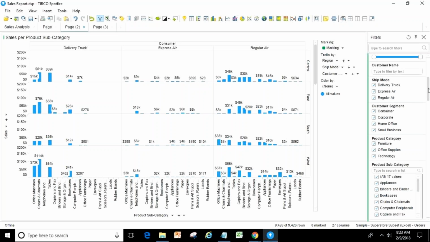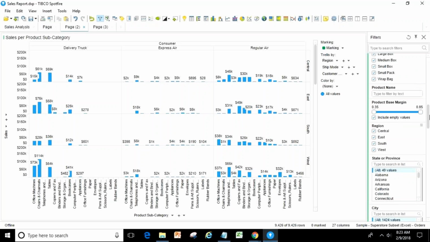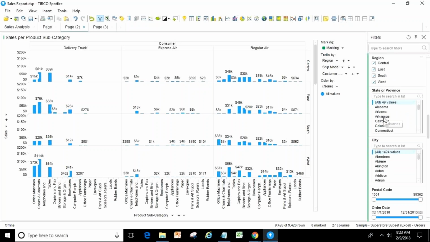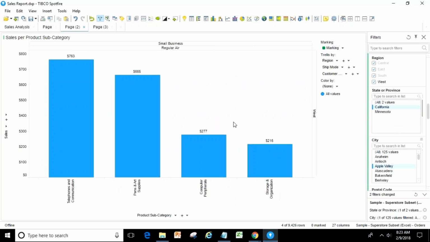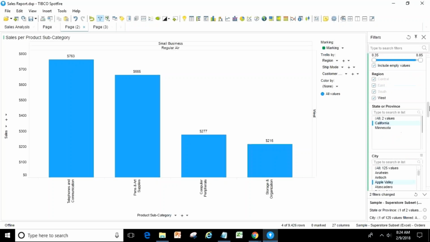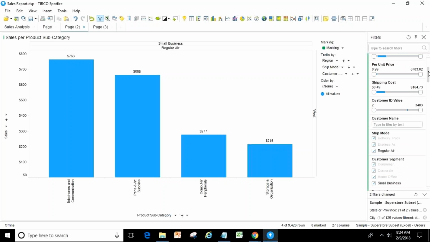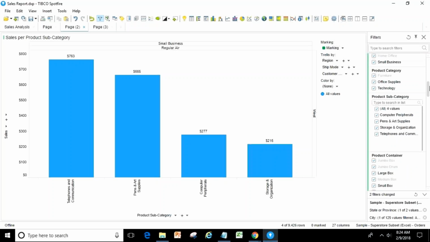Now, how to read it easily? In that case, I'll start applying the filters. Till now we have not applied filters. I just want to see data only for, let's say, California. So this is for California. Under California, I want to see only Apple Valley. Now it's looking good and easily understandable. So you start applying the filters now. Users will also do the same stuff. Users want to see it this way. You start applying the filters, and you will see more and more detail of your data.